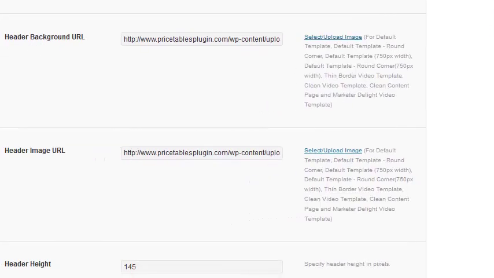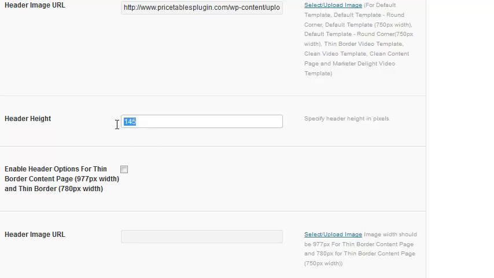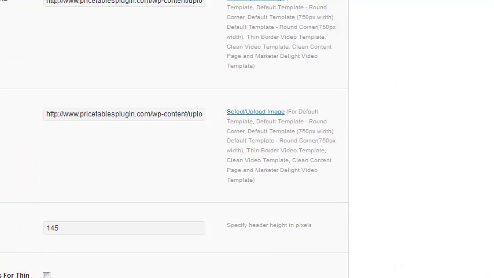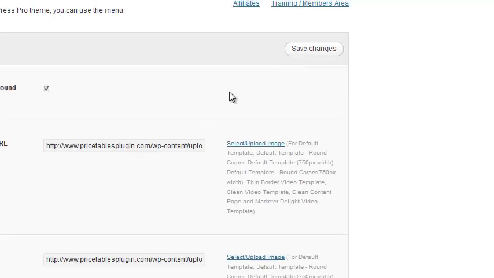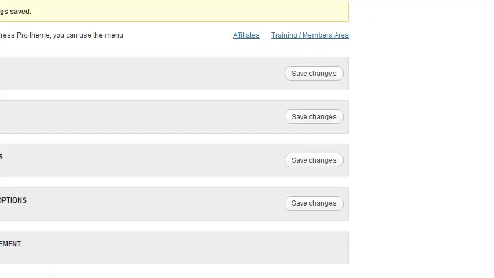And then you got to make sure that you put in the height of the header image. All right, and all you need to do is click on Save at the top here. All right, save changes. All right, and that's all you need to do. Now once it's saved,